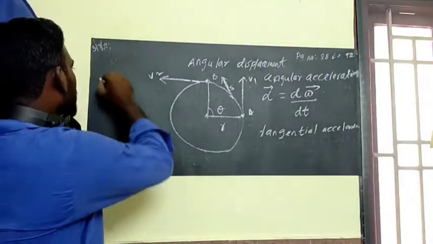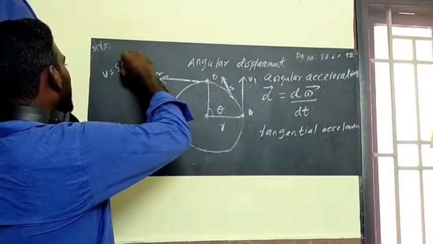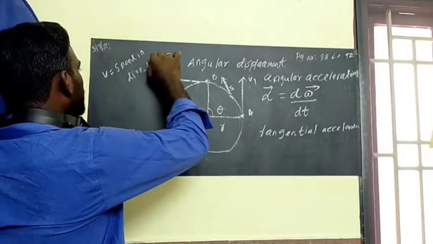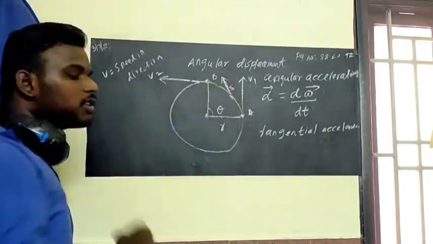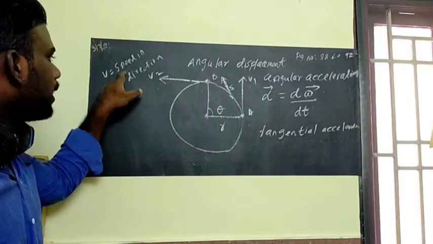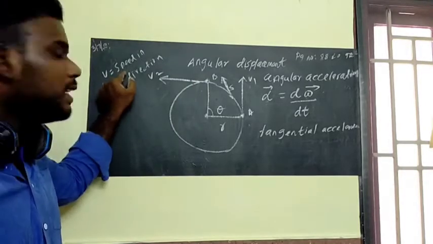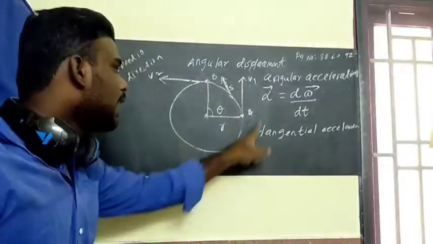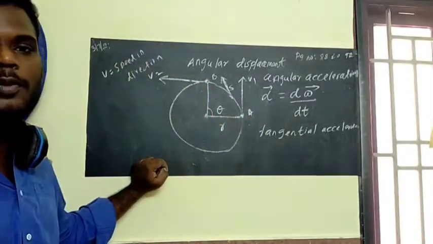So what is velocity? Velocity is given by speed in a given direction. If you take horizontal circular motion, at every point the magnitude of the velocity remains the same. It is 5 meters per second. If you are measuring the velocity at any point in the circle, it is 5 meters per second.